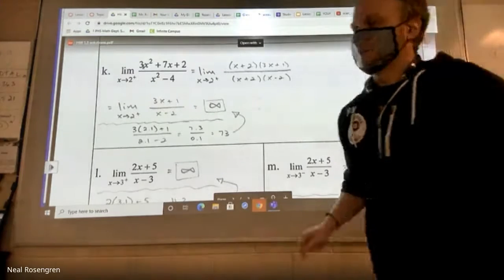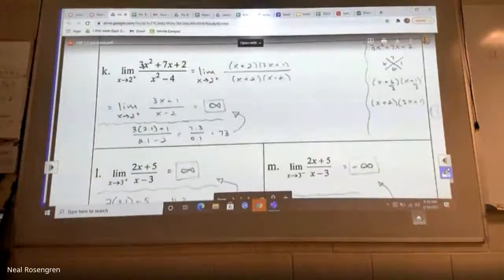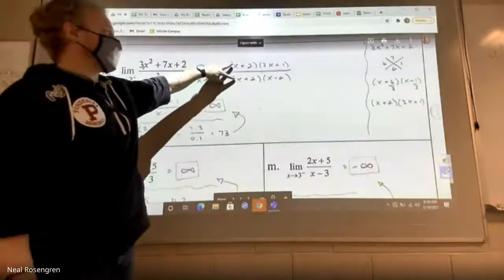I have done it, because I'm teaching quadratics and algebra 2 right now, I have done that probably 100 times so far, and it just keeps working. So I'm just going to go with it. It works really well. And while factoring was nice, because we were able to divide away the x plus 2's,